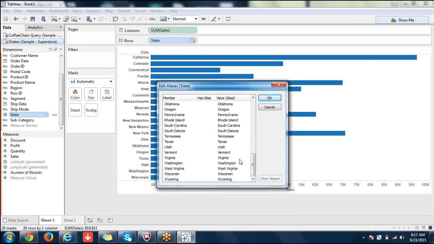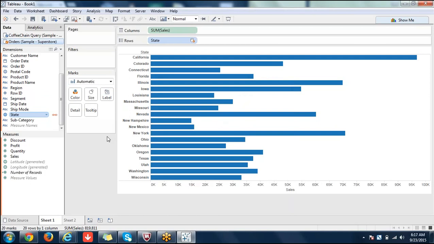Coffee chain has fewer states than Orders. Orders has all the states of US, I guess. Yes. So that's why here our state is pulled from orders, Superstore, right? So all non-matching records, Superstore is on B side, right? Only matching records are pulled from there. But it's not showing any null value because coffee chain doesn't have those states. Please don't get confused.